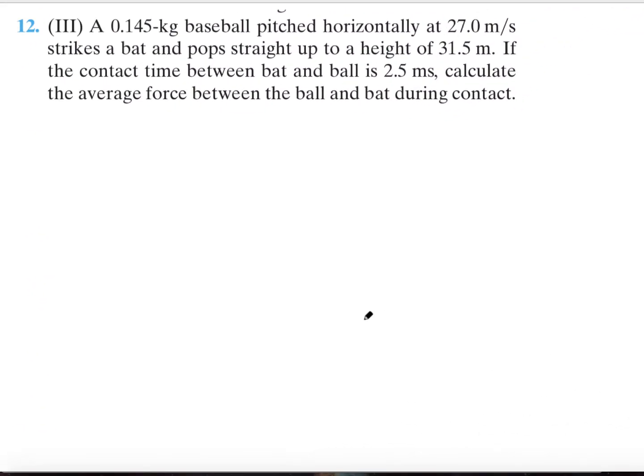All right, question 12 is a little bit more complicated. So let's write down all the information we're given. We're given a 0.145 kilogram baseball, so the mass of our baseball is 0.145 kilograms, is pitched horizontally at 27 meters per second. Okay, so 27 meters per second. So we're given that our ball is coming in and it hits a bat. I don't know, this is a bat. Maybe a little longer. So it hits a bat and then it goes upward